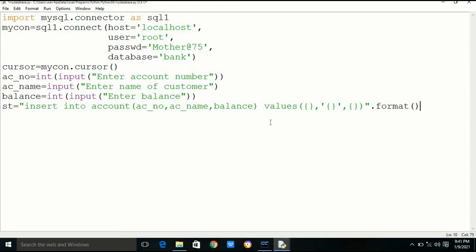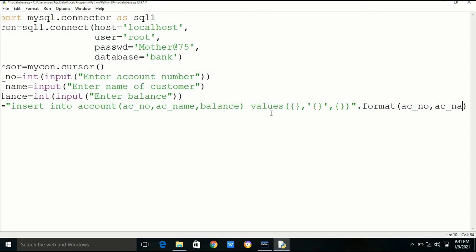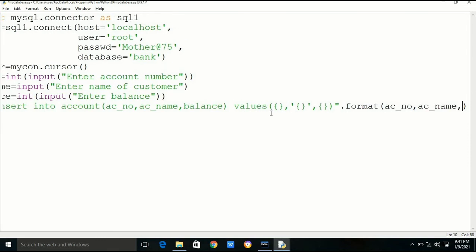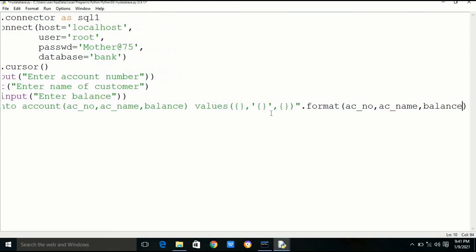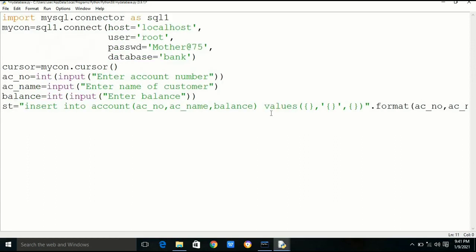Here we are writing the entire query in variable st. Cursor object dot execute st will execute the insert query, and then we have to write mycon dot commit. This will write in the database.